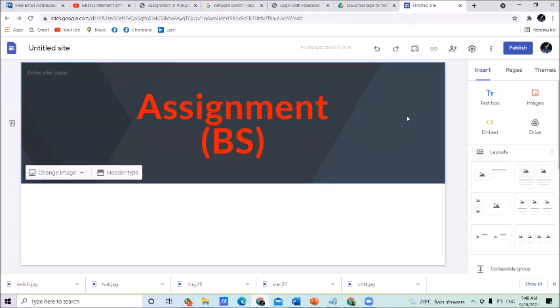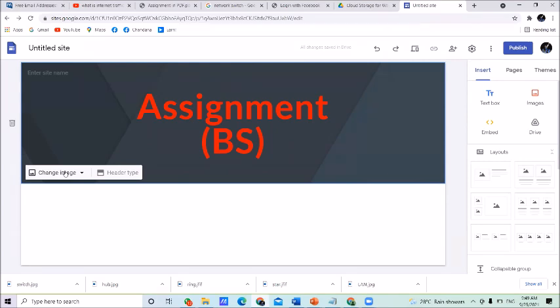Then your e-booklet should be attractive. Therefore, it is up to you to insert some attractive things. If you want to change this background, if you want to add another view for this background, use this bar here. Here there is an option, change image. Through this change image option, you will be able to change this banner background. This area is called the banner. This banner background will be changed through change image.